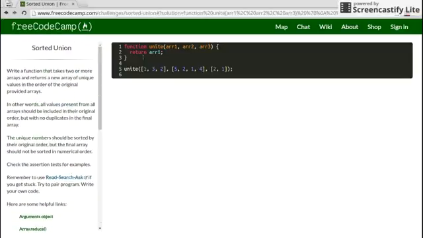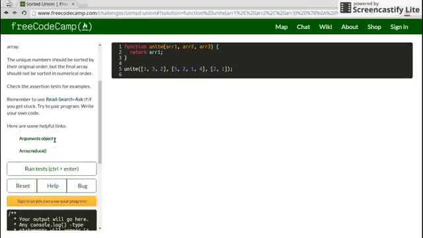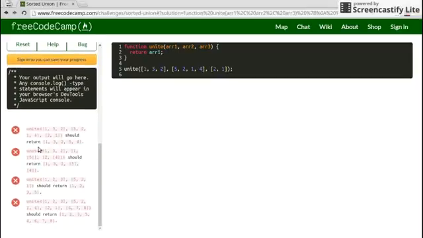here is that we get two or more arrays. So we don't actually know how many arrays are going to be given to us. In our specs, I believe we only get up to 3 arrays, but